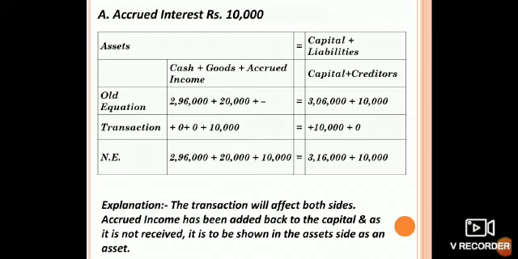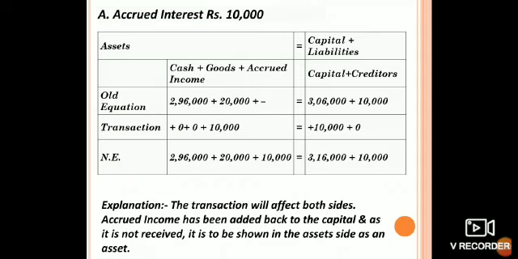Accrued interest rupees 10,000. So, the same problem which we were doing so far, in that the old equation was 2,96,000 plus 20,000, and under liability side it was 3,06,000 plus 10,000. Here, as the interest is accrued, it should be added under asset side. You have to give a separate column along with cash plus goods. You have to give a separate column for accrued income under asset side, and under accrued income you have to show 10,000,